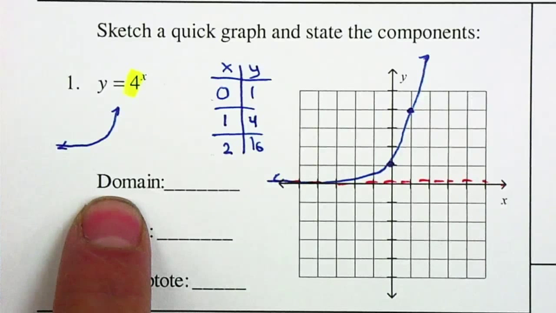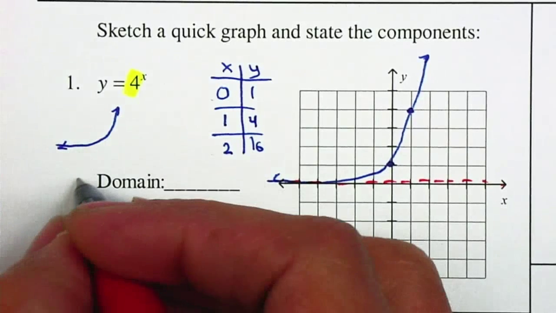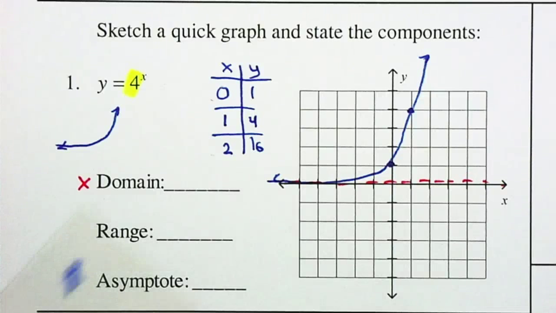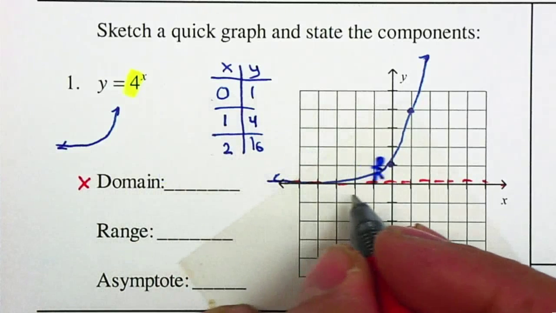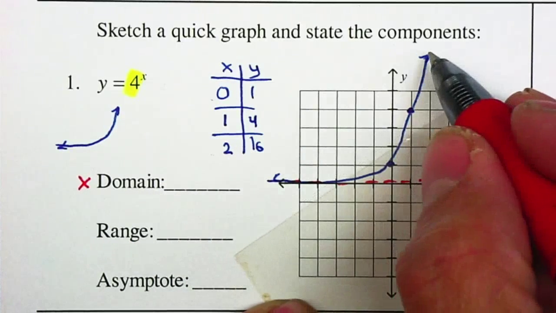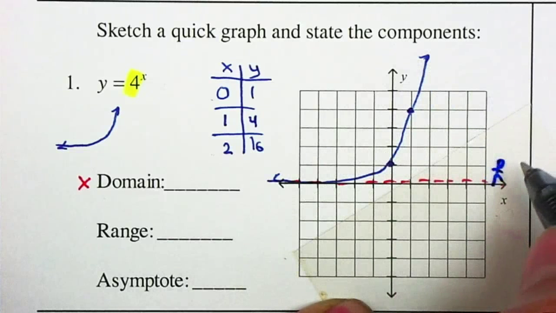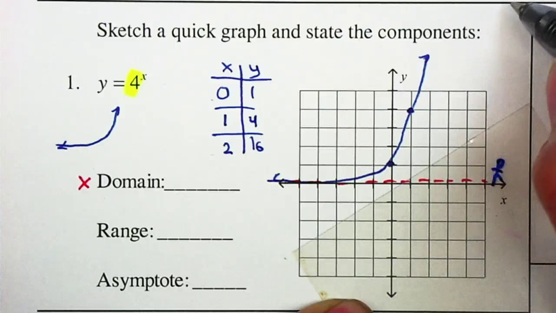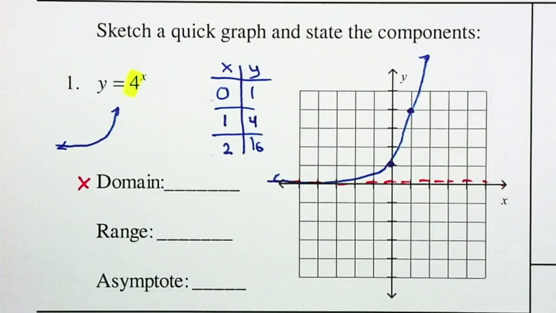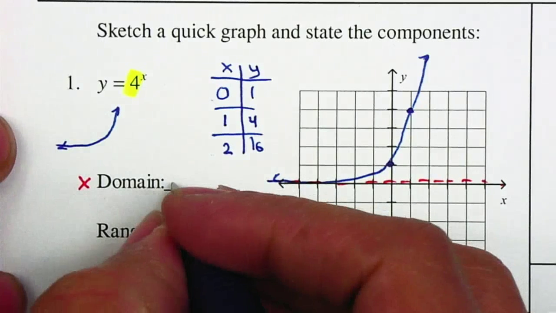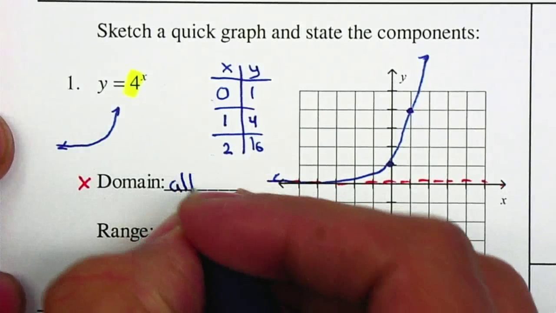domain. The domain corresponds to the x values. So if I look at the graph, I'm not going to be able to see a graph over here. Yes, that graph continues, so it'll be from negative infinity. And if I go over to the right, I'm able to see a graph. I still have a graph. Even if I stand over here, the graph will be way up there, but still there. So therefore, your domain will be from negative infinity to positive infinity, or all real